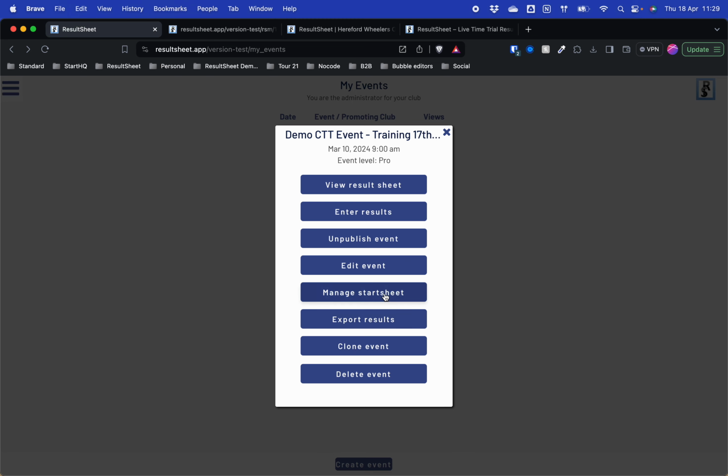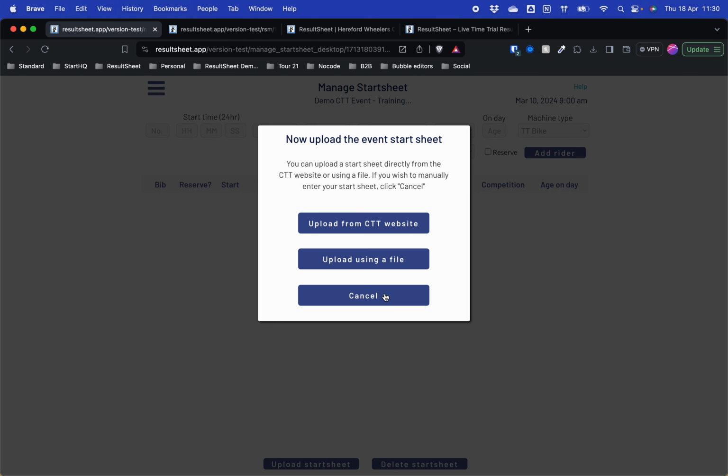And what I'll now do is I will upload a start sheet. So this is an open, so it contains ResultSheet has a real-time link to the CTT website. So if I click on manage start sheet, because the start sheet is blank, it's giving me a couple of options, which is upload from the CTT website or uploading using a file, and we'll cover using a file in a minute. So if I select upload from CTT website,